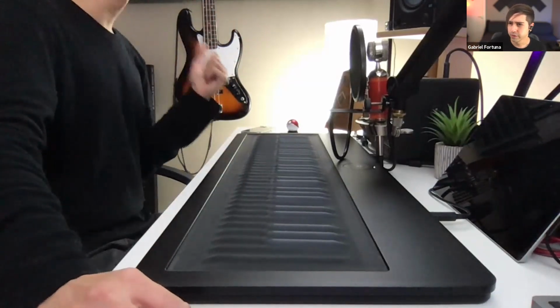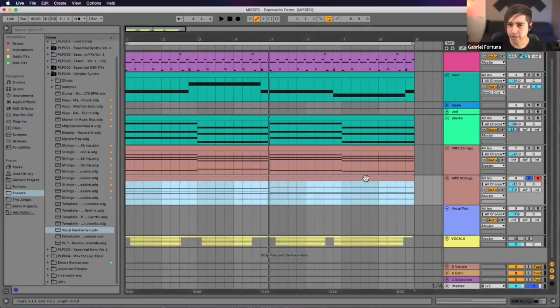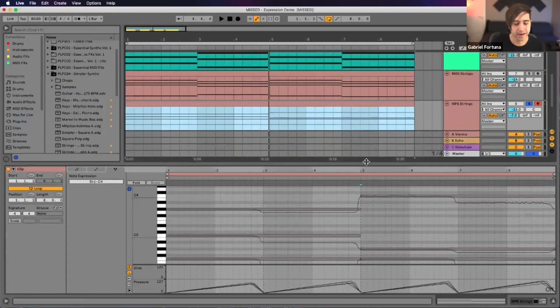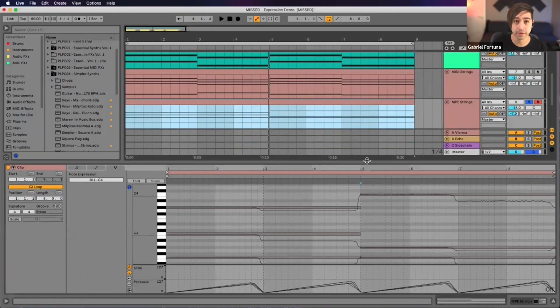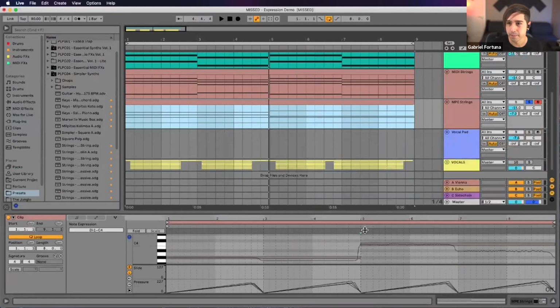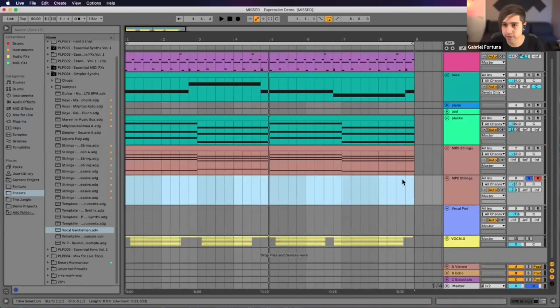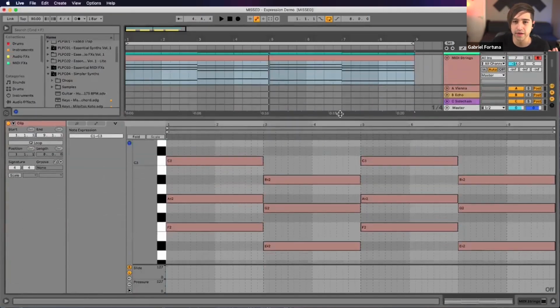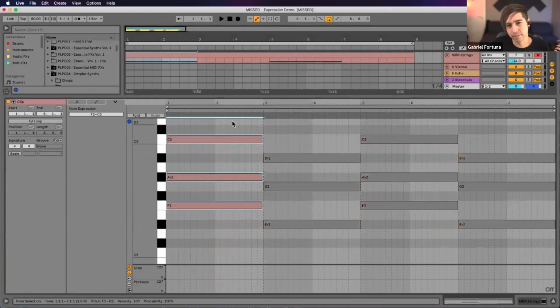So let me show you how you might use this in the real world if you don't have a controller, because most of us still don't have an MPE capable controller and may not be able to record it. You can record all this information, and it's very lovely the way Ableton Live implemented this MPE feature. But I want to start by showing you how I like to think about chords and voicings in traditional music composition, because it's kind of frustrating how these chord progressions are really simple, really pretty,